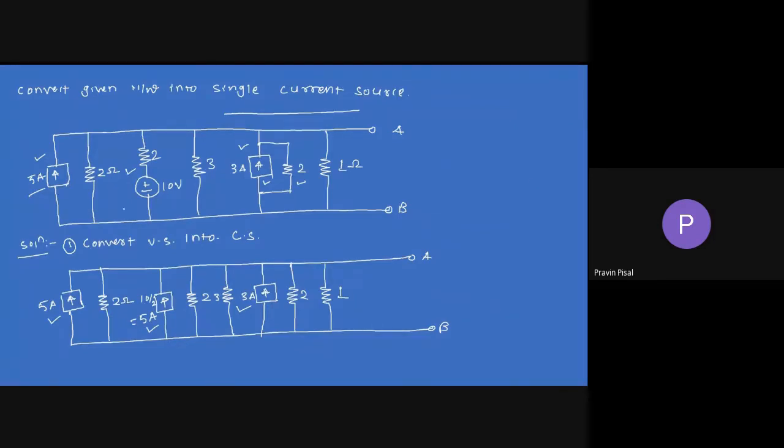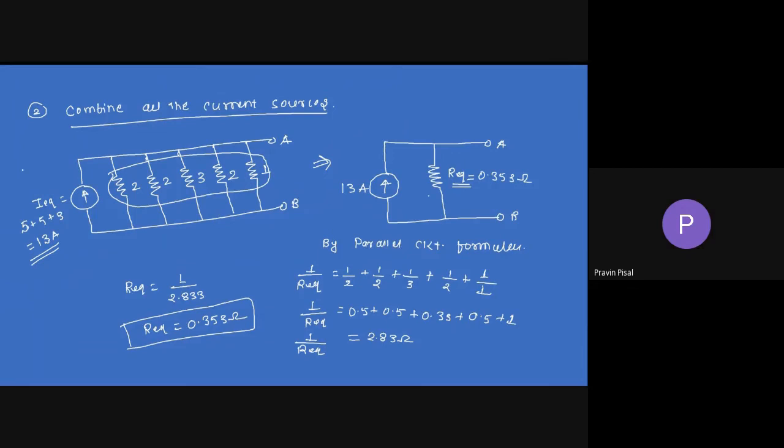Right. So you can see that I have converted this complicated network to a single network. They have given you this type of diagram where there is one voltage source. We converted that voltage source into a current source with the help of source transformation, and then we found that all the current sources combine because all are in parallel connection. So the answer is 13, and after that we got this answer. So the final answer is 0.353 as the value of resistance and 13 as the value of current.